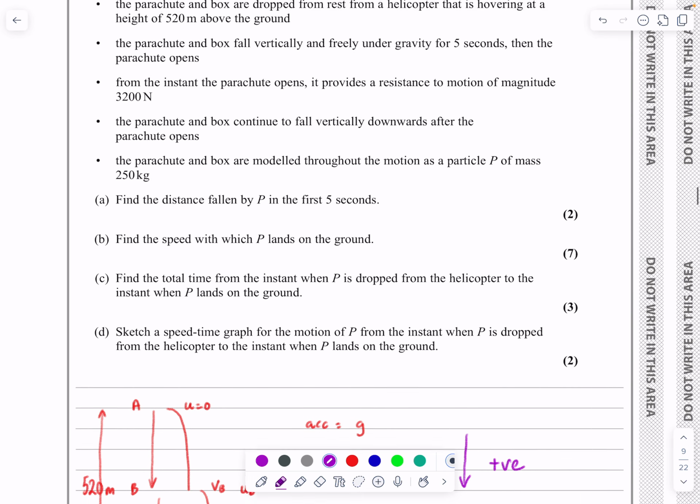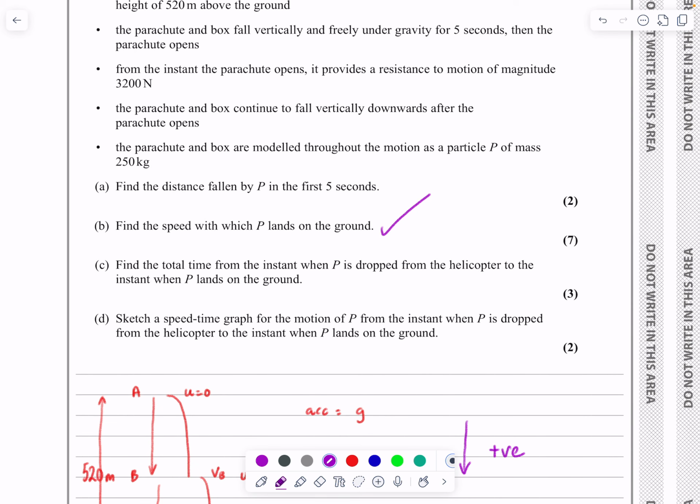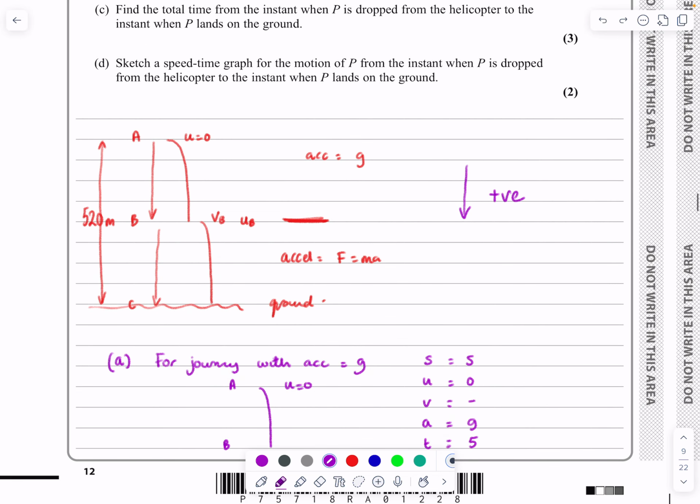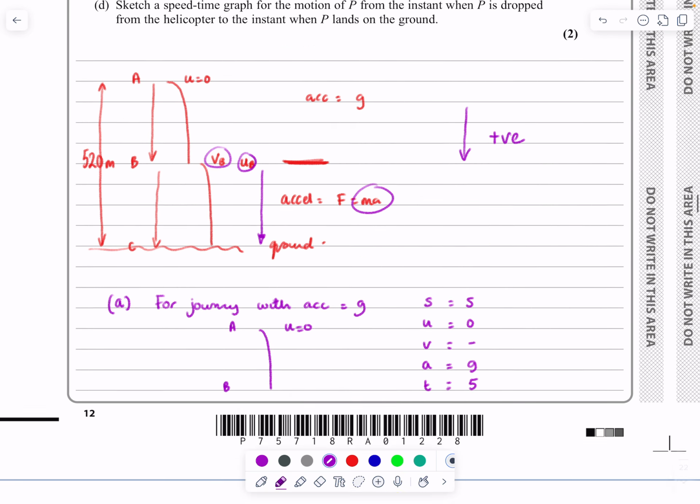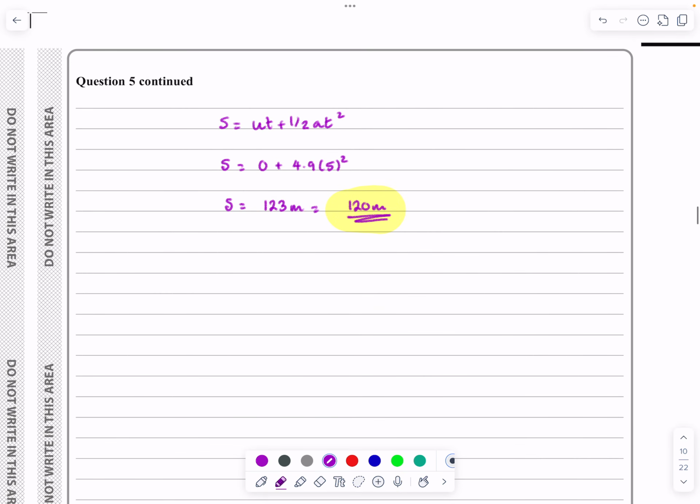Now, the second part says, can we find the speed with which it lands on the ground? So I need this bit of motion here. But for this bit of motion here, I haven't got anything. I don't know what my acceleration is. I don't know what my u is. So I've got to go through and find those things before I can work out part B. So for part B, I've got to do some pre-work, and I'm going to say